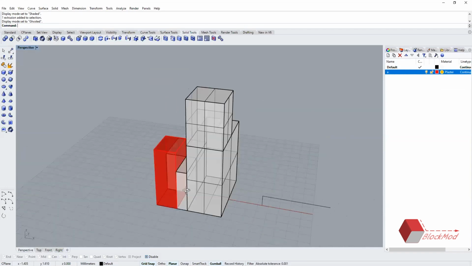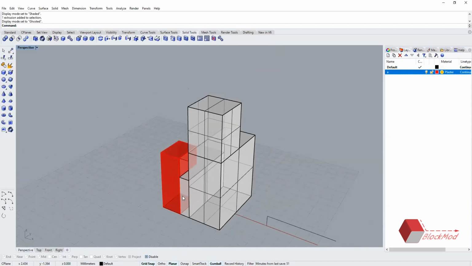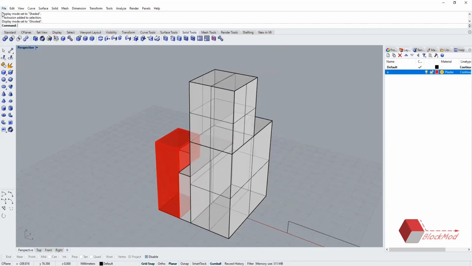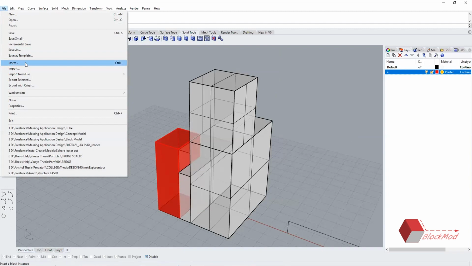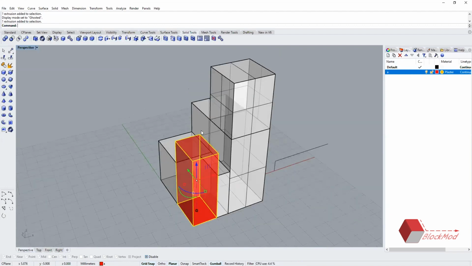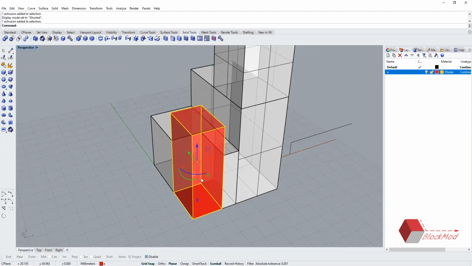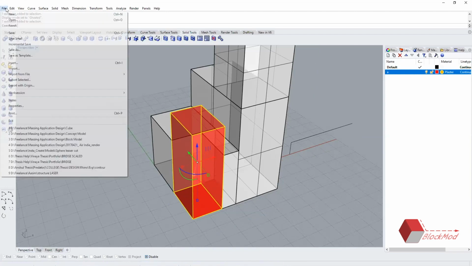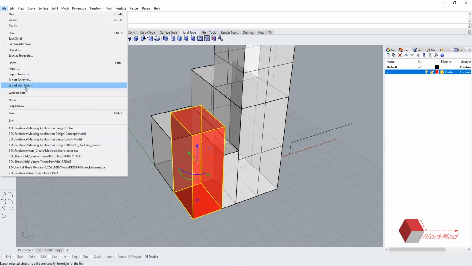And yeah, so what I do is I've created this, and after this, one second, I can extract a selected object. If you want to put this entire box as a conceptual piece, there are two options: extract selected and extract with origin.